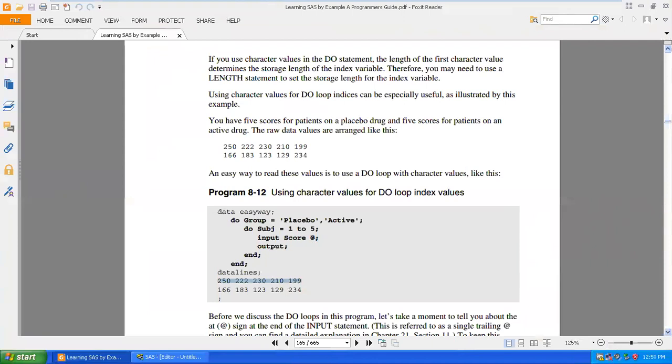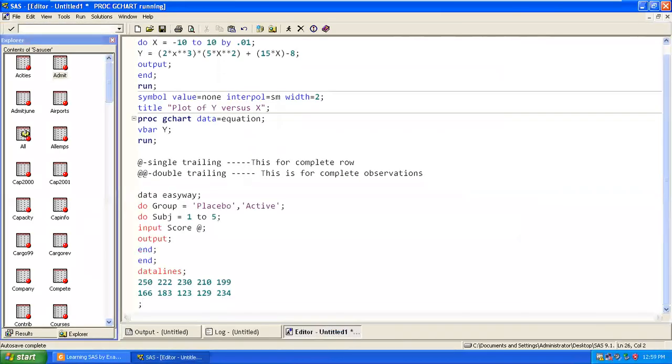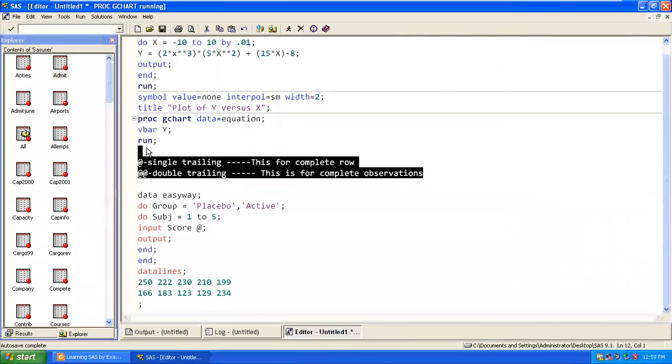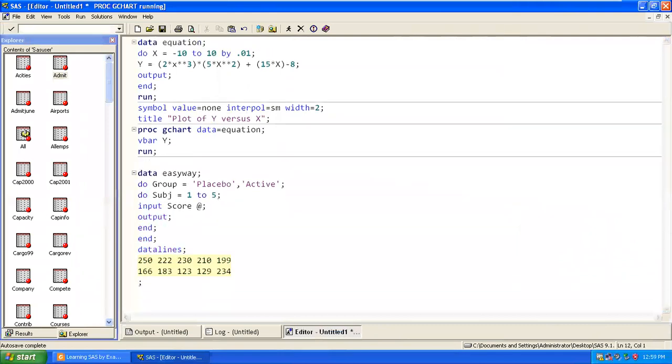Getting it? So first I have to insert the values for 5. I need to get the 5 values, so input will go next to get the value. My do loop should work 5 times. I'm using a nested do loop here. So here I'm creating one do, with which we are creating 2 values, passive and active, correct?